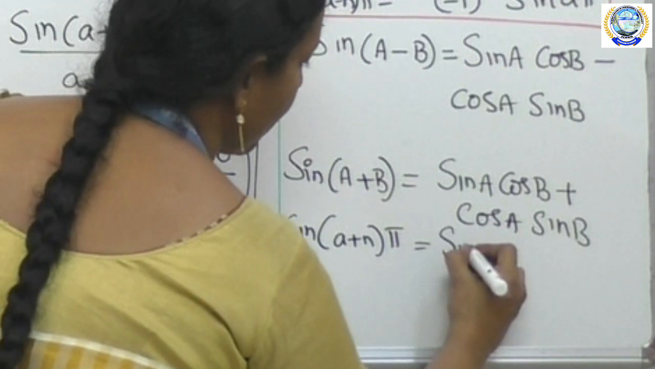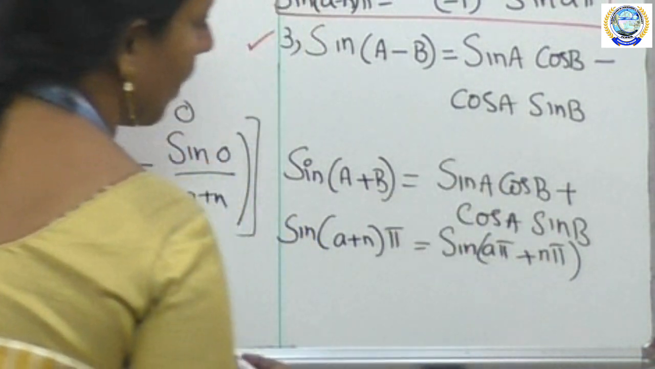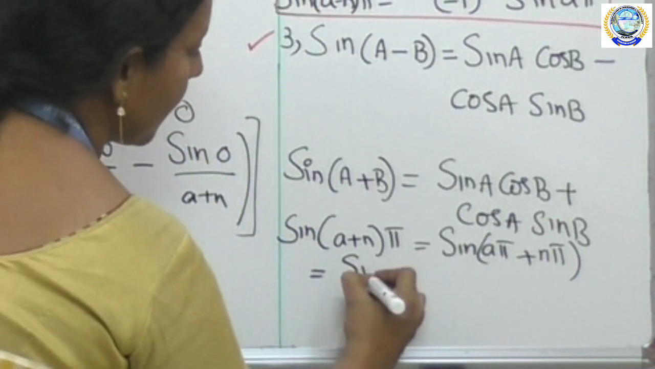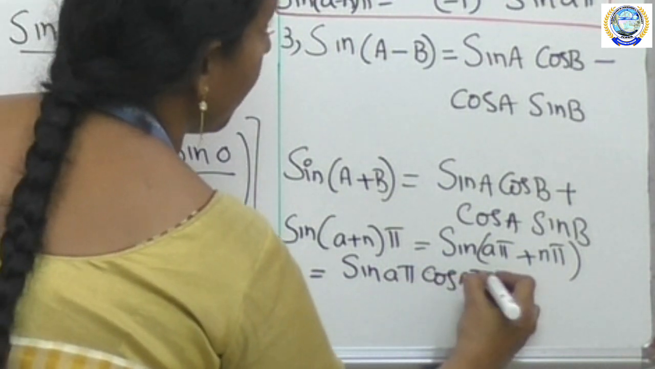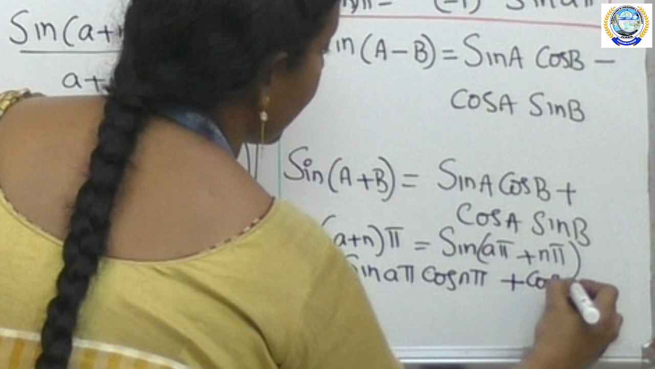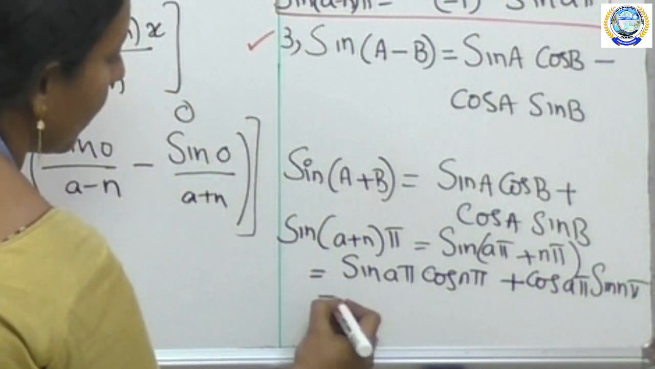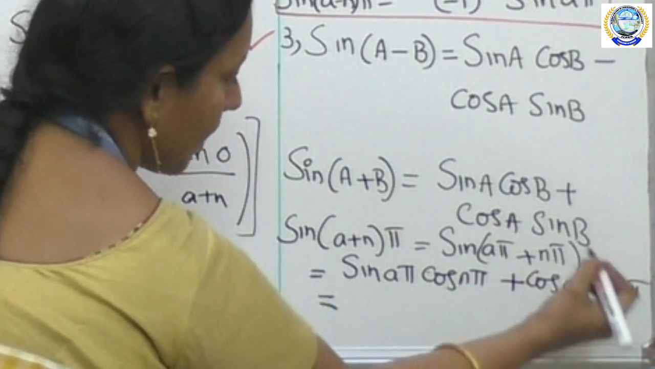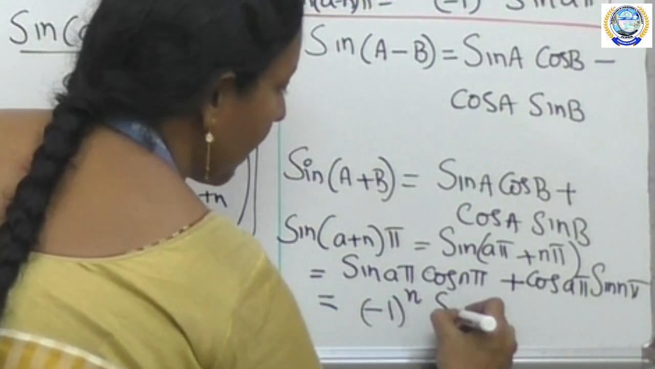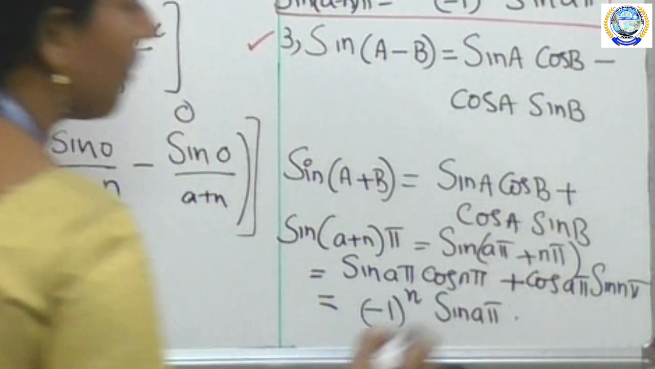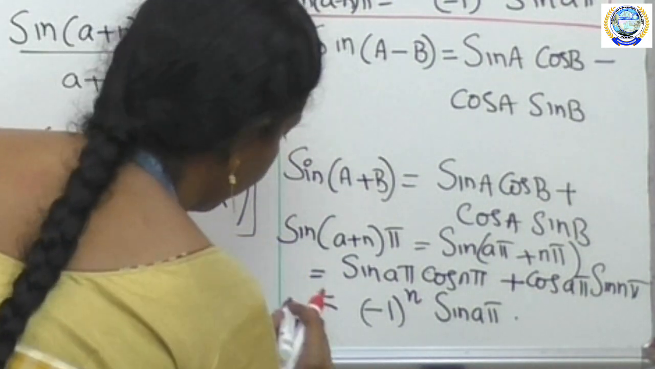This is equal to sin(aπ + nπ). This can be written as sin aπ cos nπ + cos aπ sin nπ. So, what you got? This part is 0 and we got (−1)^n sin aπ. Now, substituting these two values,